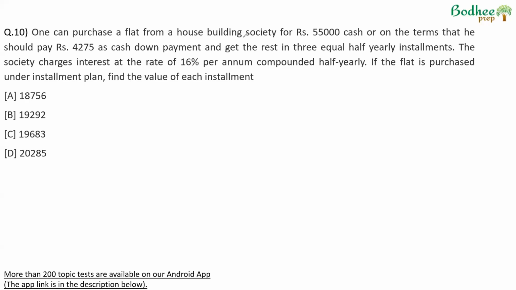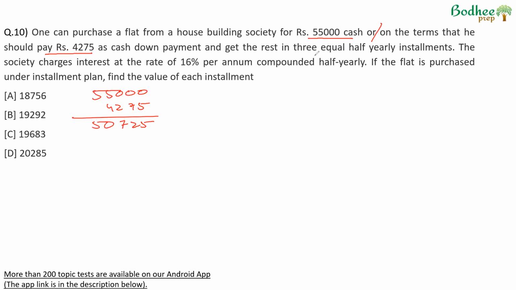One can purchase a flat from a house building society at rupees 55,000 cash, or on terms that he should pay 4275 as cash down payment. Therefore, the remaining part out of 55,000, if we pay 4275 down payment, the loan that we are taking is 50725. If for a payment of 55,000, we put a down payment of 4275,